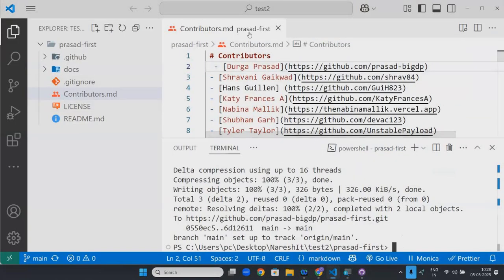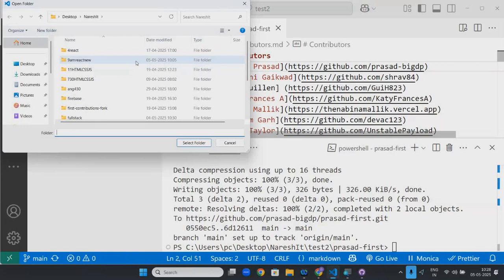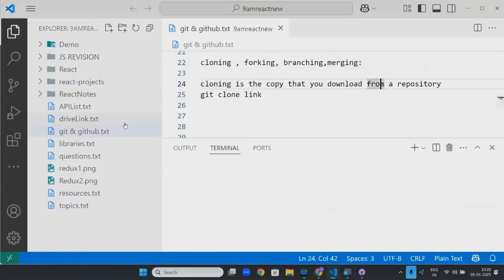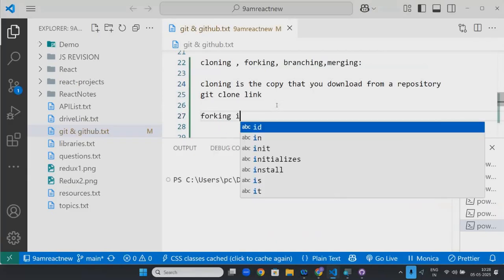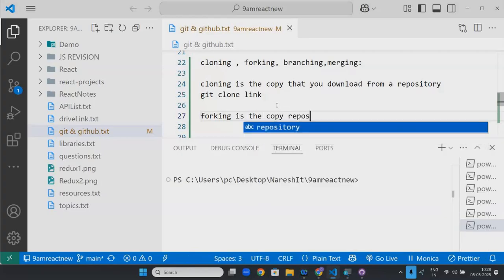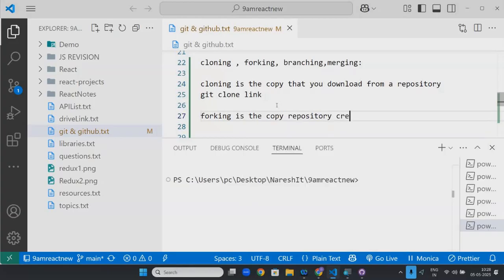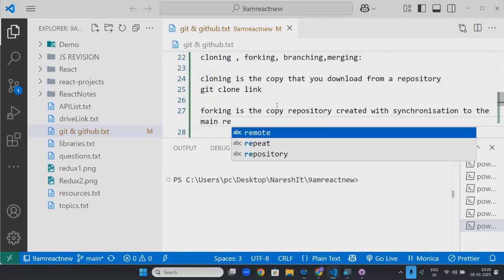So basically, fork story. Git fork. Forking is a copy repository created with synchronization to the main repository.